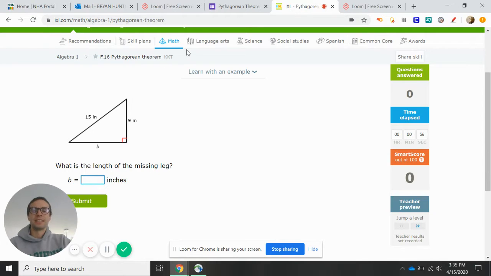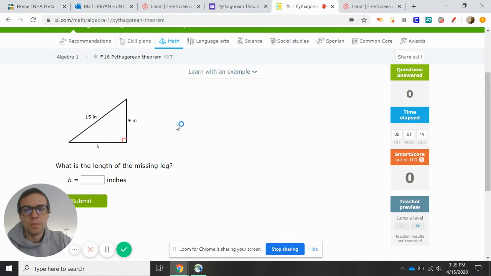So I'm going to put you on this KKT. That's going to be the shortcut code. I will have a link to it. This is going to be algebra 1, and this is going to be a little bit easier of the concepts. I still want to go off of the Pythagorean theorem, but give you more challenging problems, maybe even try to get to the geometry level,